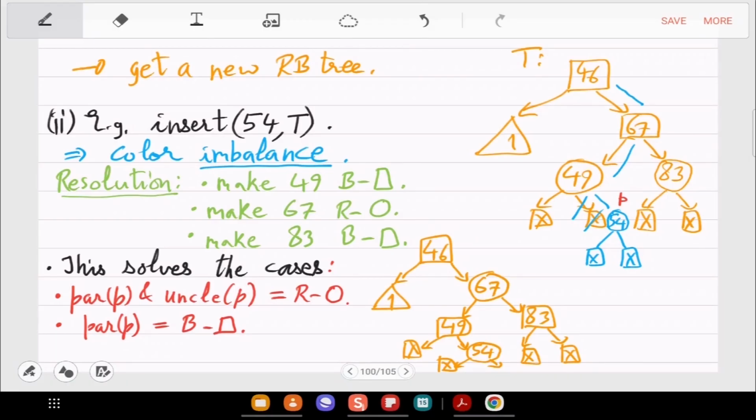So this will be a small fragment of your pseudocode for insertion. Just think of the pseudocode in parallel as we are doing these cases. So in the pseudocode you will first check whether the parent of P is black, and then you can simply insert whatever you wanted to insert, no resolution required. Or the parent may be red, and then you check what is the color of the uncle. If the uncle is red, then you use this slide. And next you check a case where parent is red and the uncle is black.